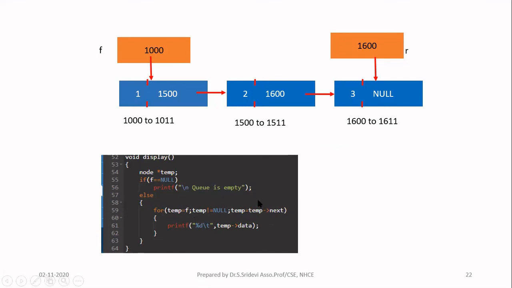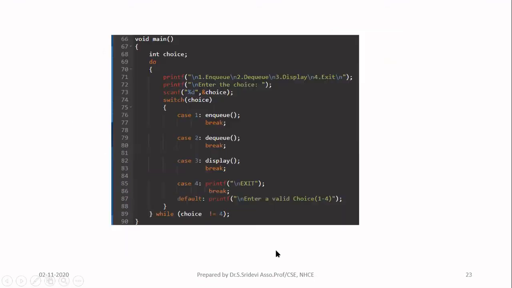How long you will be displaying the elements? You need the condition for that. Condition will be the second value in the for loop. So here condition is nothing but temp not is equal to null. Okay, so do this continuously till you get temp is equal to null. When temp is null, it means that you have reached the end of the linked list. That is nothing but your queue. So you come outside the loop. So this is for display. And remember, you have to start with F only. Don't start with R. Start with F and you travel in one direction. Right. So now I have given the main function. This is similar to the stacks, nothing new here.